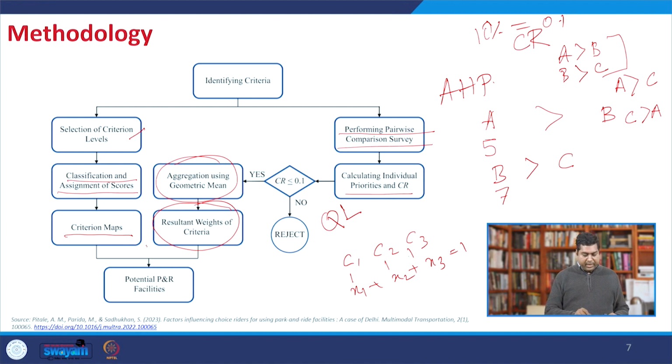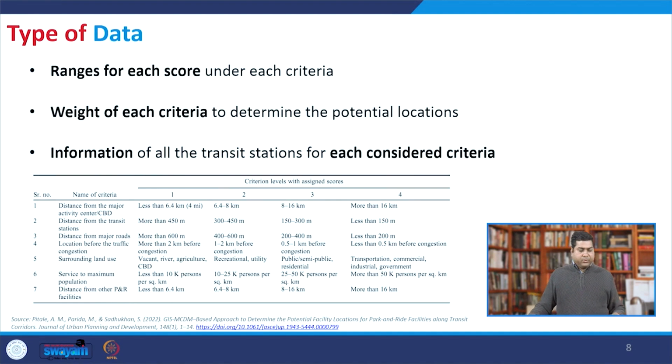location. So, here we are actually mixing these two: the criteria weight from the AHP expert weight survey, which is qualitative in nature, and then from this score it is having the quantification, and then we mix. So, this is again a mixed method research, but because it has the spatial application, I put this particular case study under this particular head of spatial analysis. Now coming to the type of data, here we have developed ranges for each score under